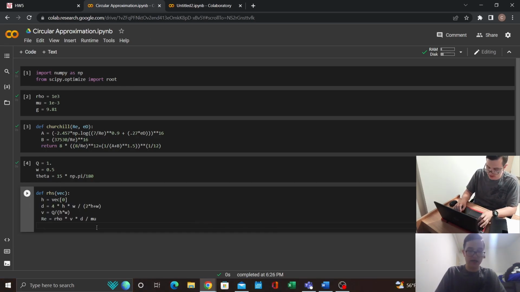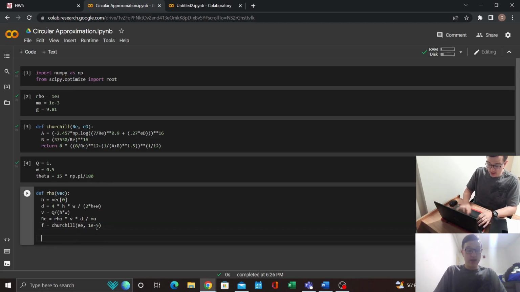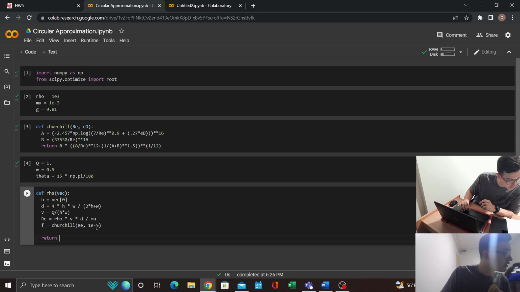So f is equal to Churchill of the Reynolds number, a roughness factor of 1e-6. And with that, we have everything we need. Return, what was the final equation? We want g